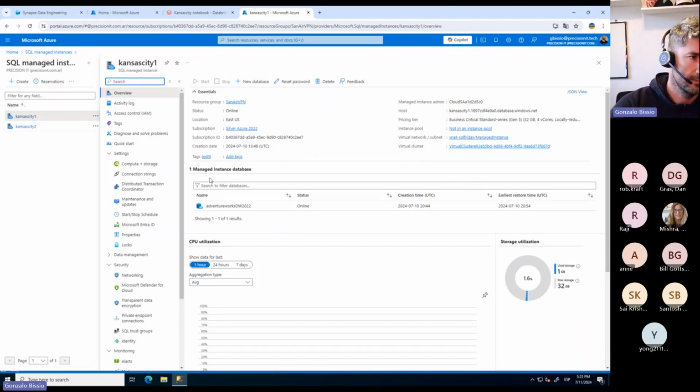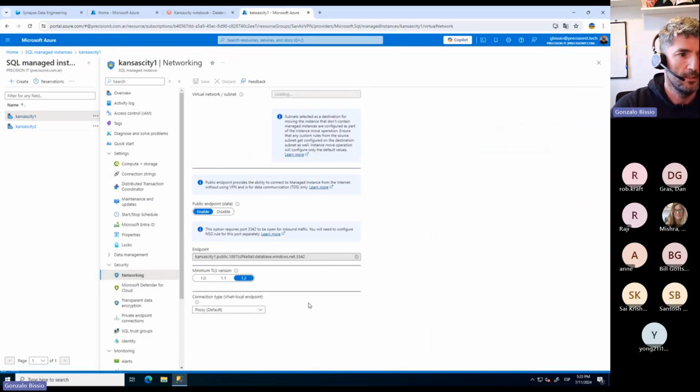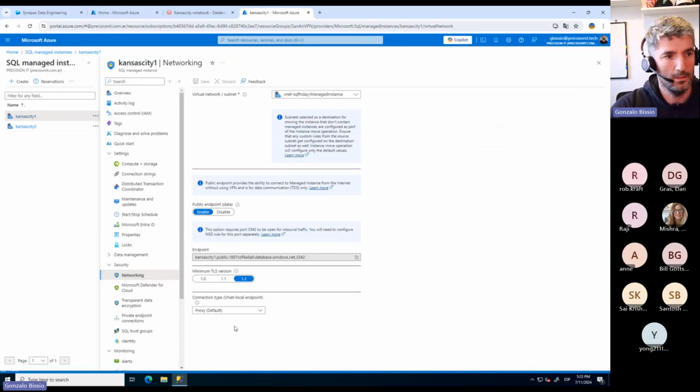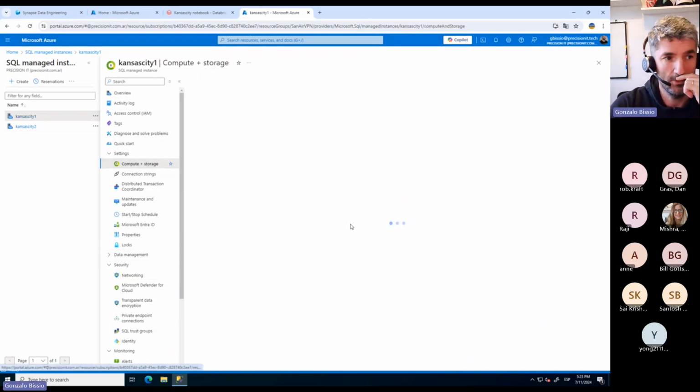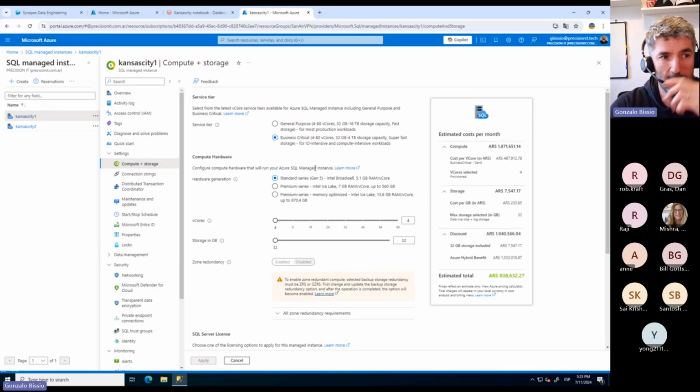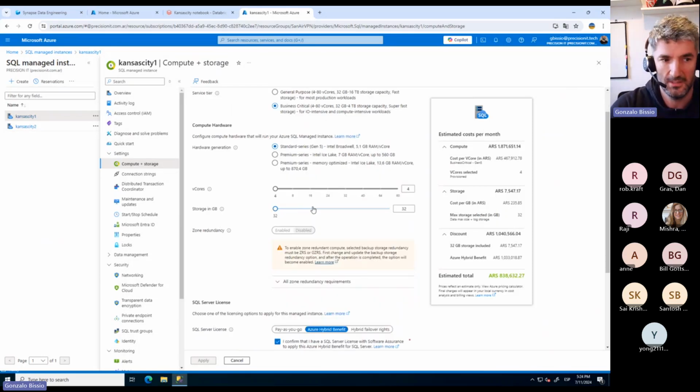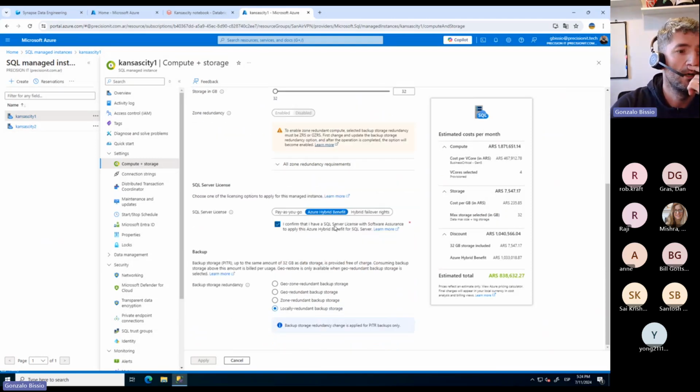You have different options. For example, I mentioned VNets. And here, well, let me show you later the public endpoint. This one is my VNet. Here you can choose the different service tiers. Can we move from one to another one? The answer is yes. Can I roll back? The answer is yes. There will not be any problem. But